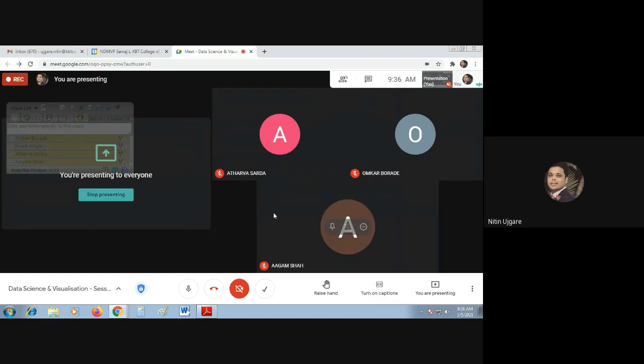No, sir, no questions. Understood? Sure? Yes, sir. There are two possibilities: either you have understood, or you have not understood. Questions come only when you understand. Why? No sir, we understood now. I hope you are not lying. Okay, no problem. Omkar, did you understand? Yes, sir. Atharva? Yes, sir.